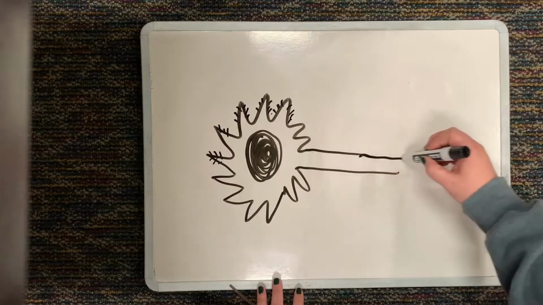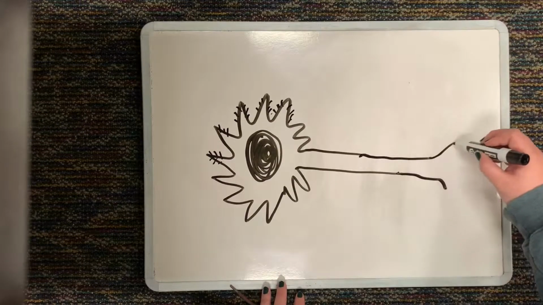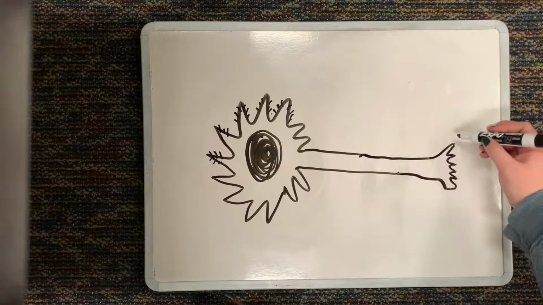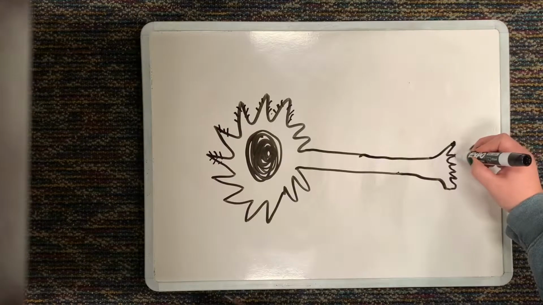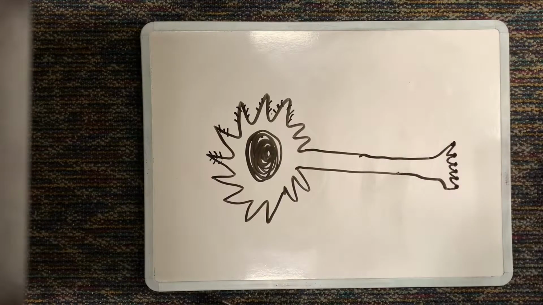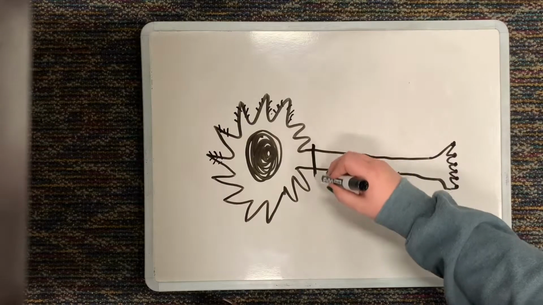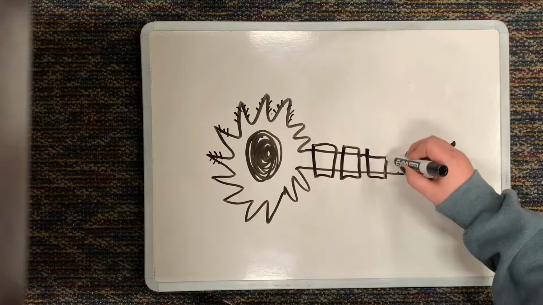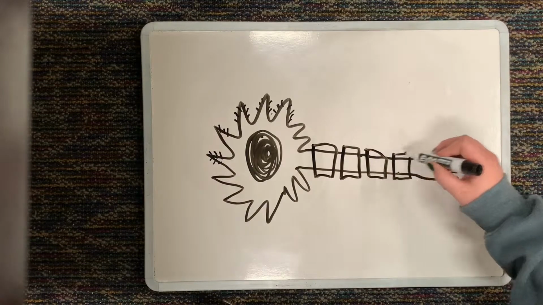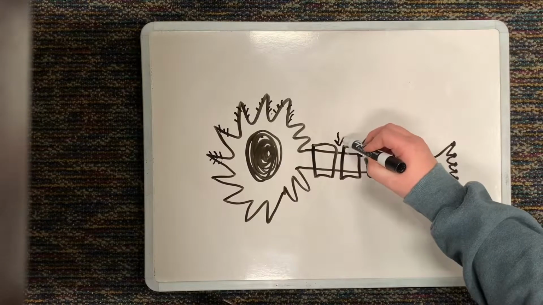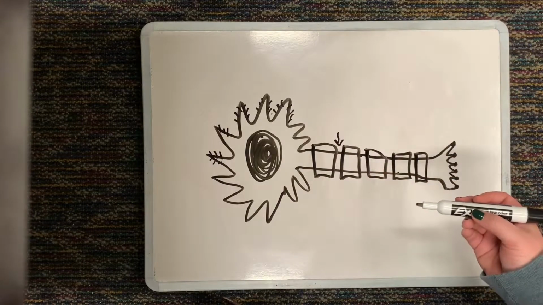This part of the neuron is called the axon, and it also has little branches at the end. Axon terminals, or axon buttons, terminal buttons, are at the end of each, and those are where information goes out of the neuron. So now, around the axon, we have what's called a myelin sheath made up of different cells. And in between each cell is a little gap called a node of Ranvier.